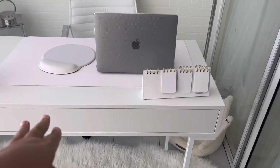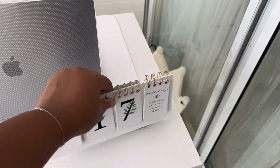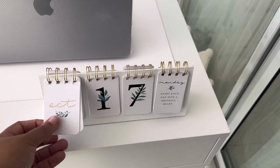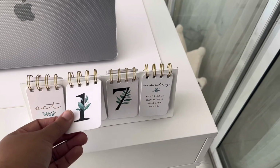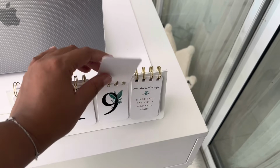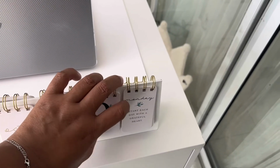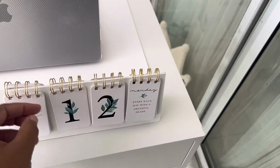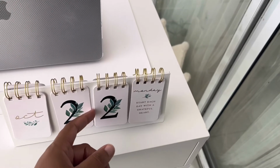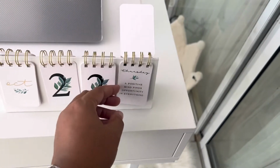But let's talk about a couple things on the desk that I really love. This little calendar here, I can literally have forever. I just love it so much. So you have all the months, and then you just have the days. The year isn't necessary, and you can literally just go through, like, what's today? I think today is the 22nd. So what I would do is just go back, find 2, and then get 2 from over here, and there. October 22nd, and it's not a Monday, it is a Saturday,